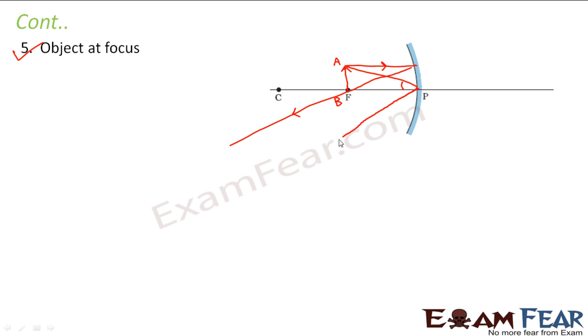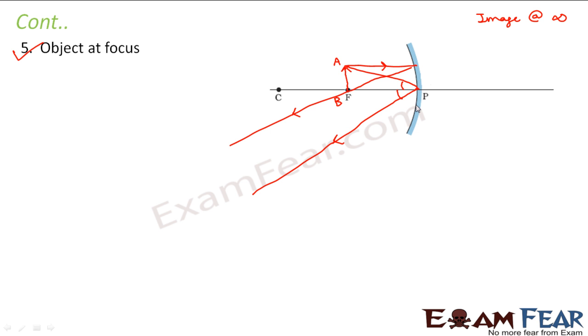After reflection, it will go obliquely. So in this case, what do we see? The two rays are going almost parallel and they do not appear to meet immediately. So what do we assume? We assume that these two rays, since they are going parallel, will meet at some infinite point. So we say that the image is formed at infinity, because the rays are going parallel.